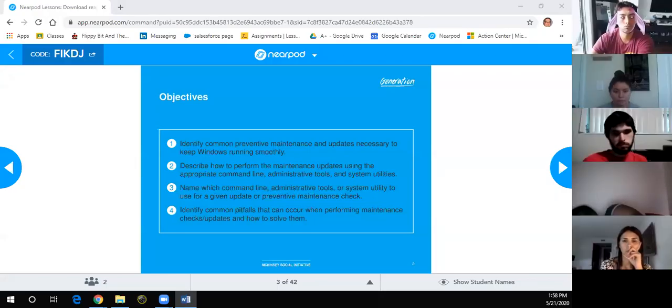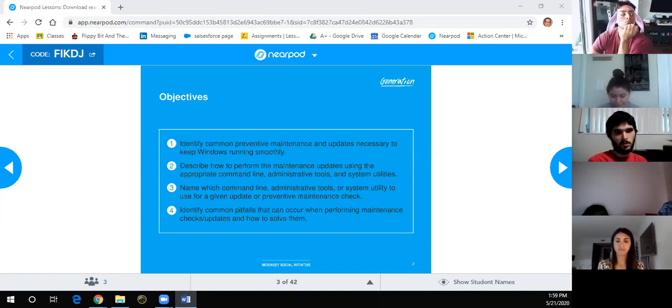We're going to be maintaining Windows itself. The main objective is to identify common preventive maintenance and updates necessary to keep Windows running smoothly. Describe how to perform maintenance updates using the appropriate CLI, administrative tools, or system utilities. Name which CLIs, administrative tools, or system utilities to use for a given update or preventive maintenance check, and identify